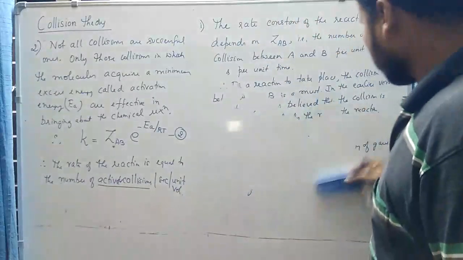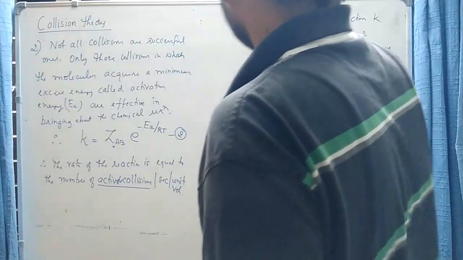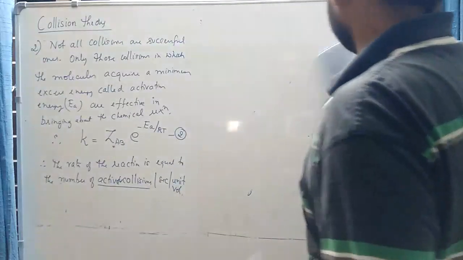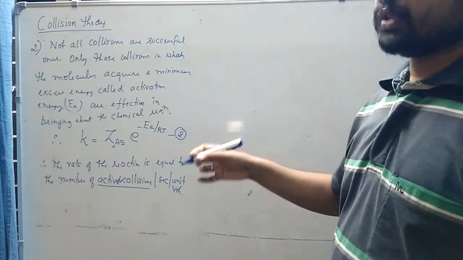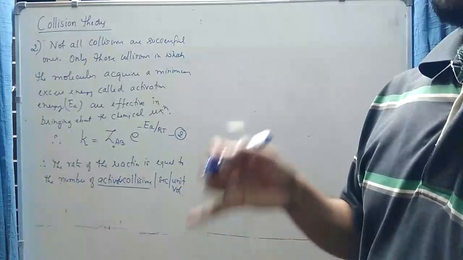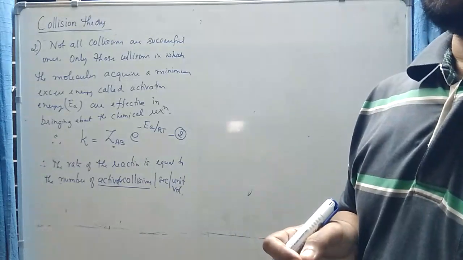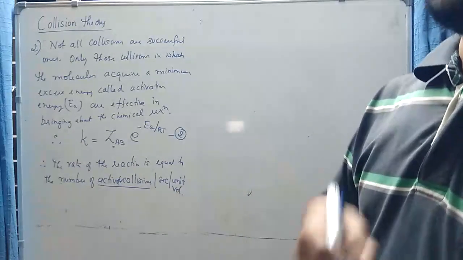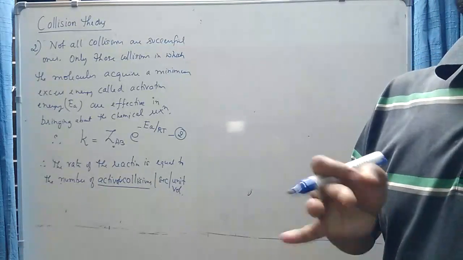So what is this probability factor? Let us understand. According to equation 2, what is the rate predicted by collision theory? It is equal to the number of activated collisions per second per unit volume. So the only criterion for a reaction to take place according to equation 2 is that the molecules should get activated during collision, and if the molecules get activated during collision, each such activated collision should result in the formation of